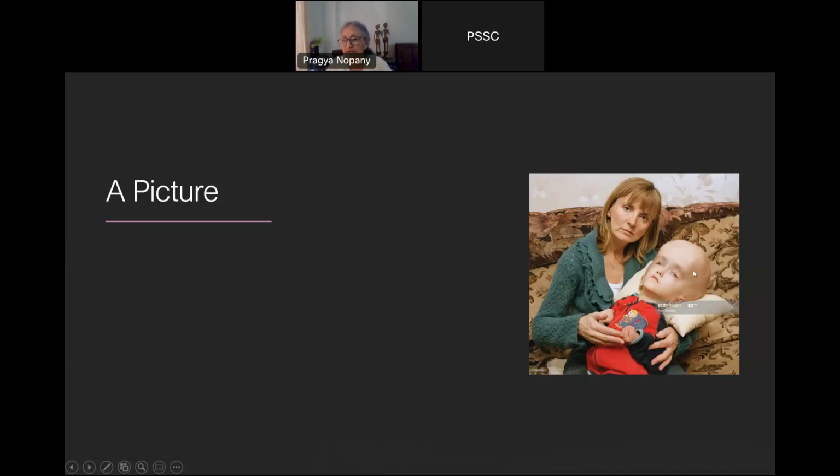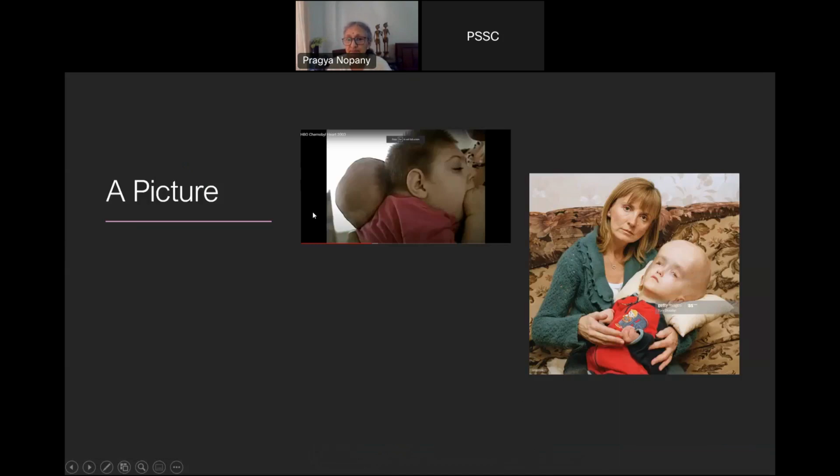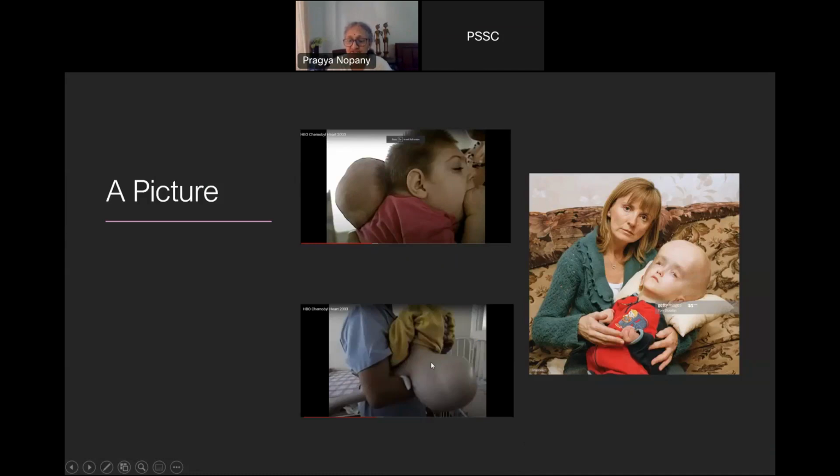You look at the body of this child. You look at the big tumor that this child has at the back, and you look at this tumor that this child has for his two hips or the bottom. And these are very tragic pictures of the Chernobyl tragedy, the nuclear power plant that went kaput in Ukraine, and the children suffered terribly. There is a beautiful, very heart-touching movie by BBC which is called The Chernobyl Heart, because all these children were born with holes in their heart.